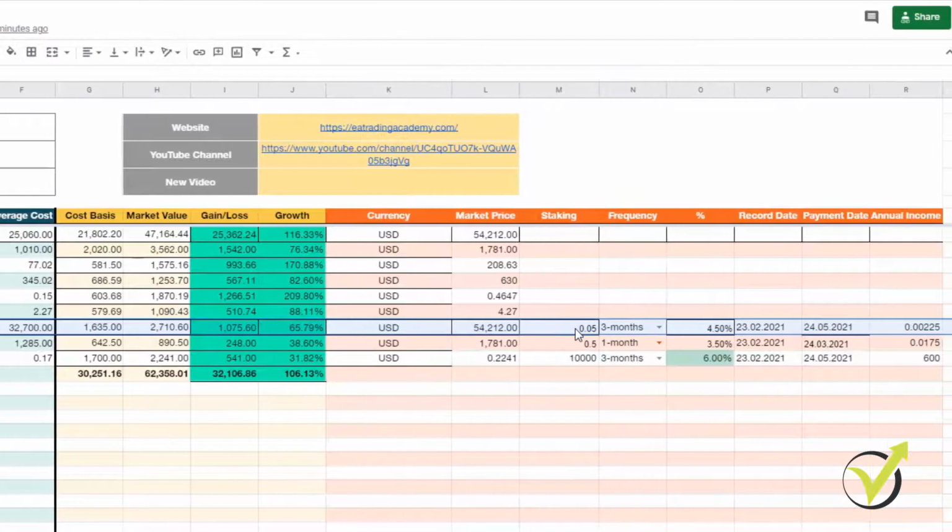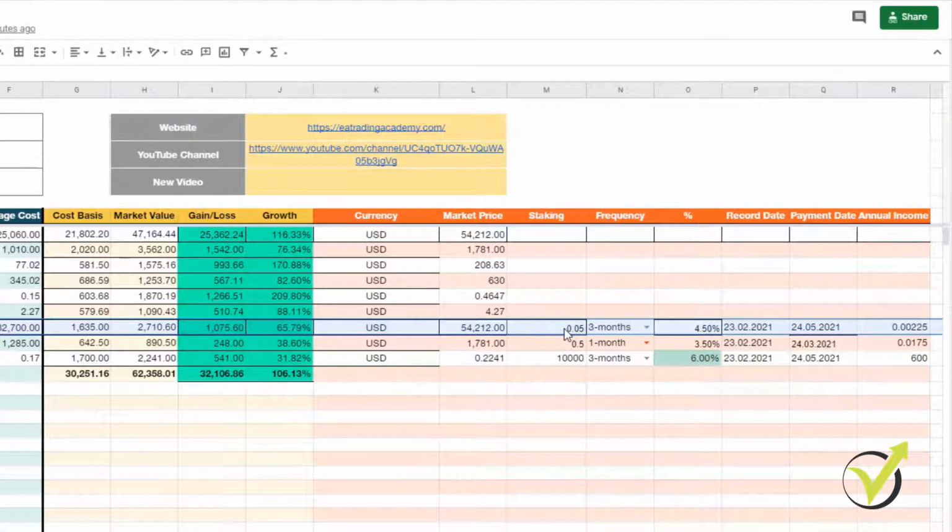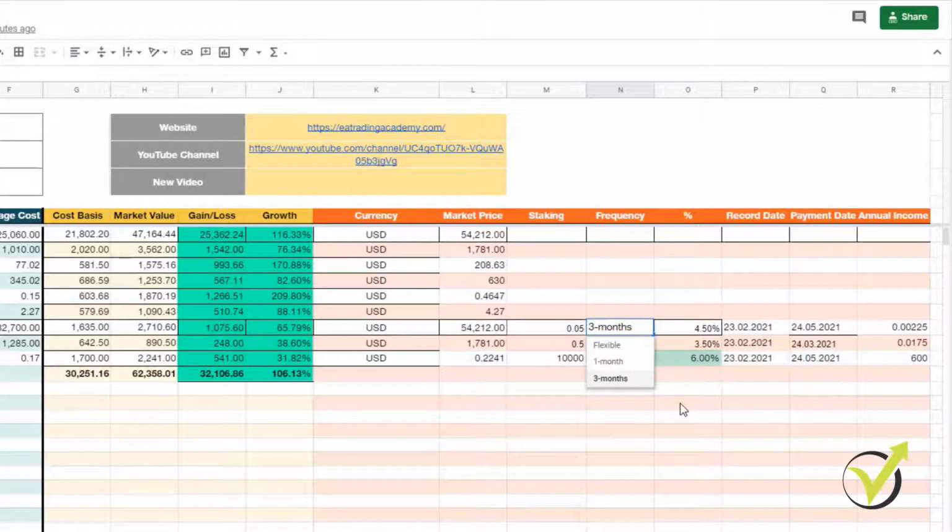I select how many coins I have staking, and then I have how many months, or basically this is the period over here, and then what percentage I expect, and the date when I started it, which is today, and then the payment date or when the staking period will be over, and then I have the annual income.